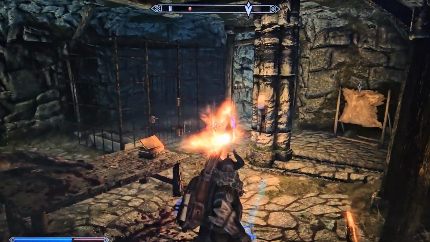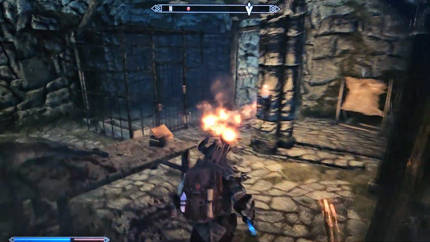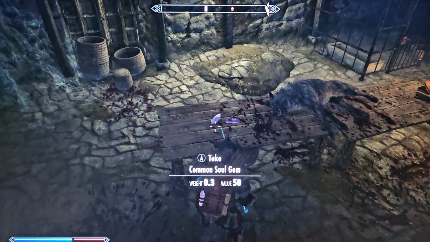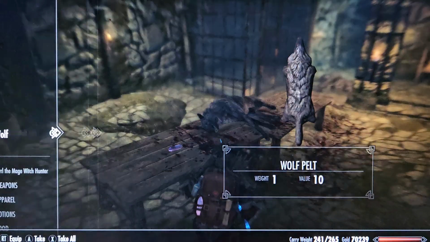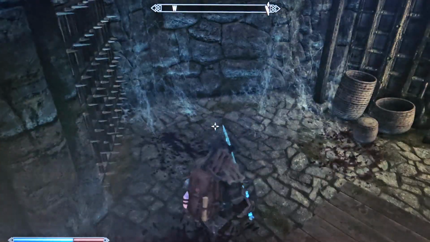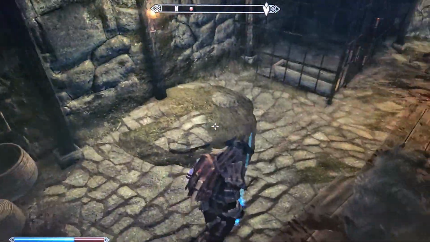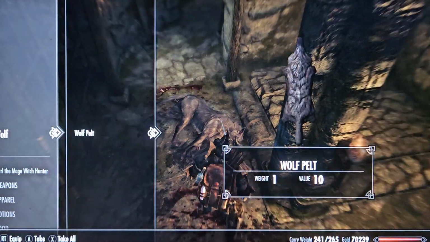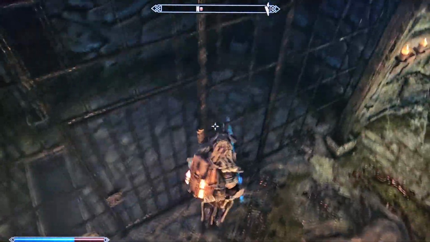Because that wolf didn't help me out. For some reason it was trying to eat the people. Sorry wolf, but I can't trust you. I don't know what you're up to in here. So you're getting taken out. I don't know why you're running around trying to help. Appreciate it, but